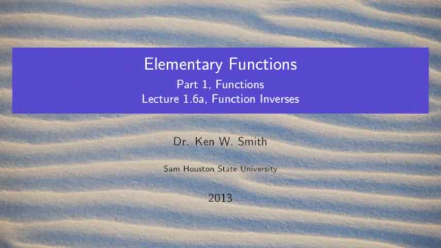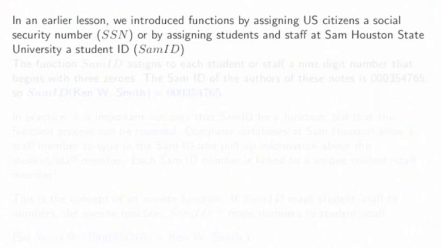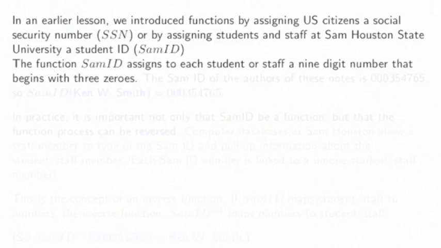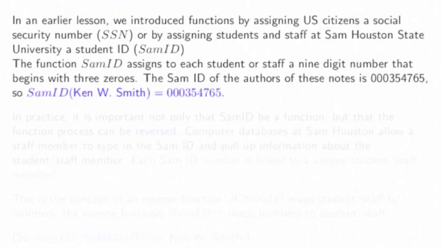In this lecture, we look at function inverses. In an earlier lesson, we introduced functions by assigning U.S. citizens a Social Security number, or by assigning students and staff at Sam Houston State University a student ID, often called the SAM ID. The function SAMID assigned to each student or staff a 9-digit number that begins with 3 zeros. The SAMID of the author of these notes is